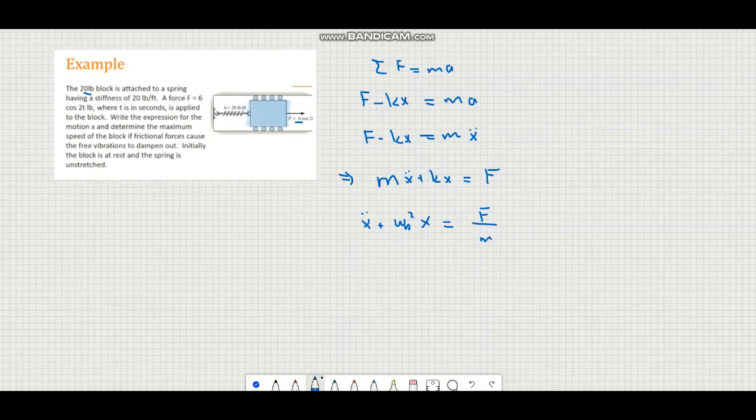Let's define this natural frequency, then F. So x double dot plus k over m, where k is given as 20 pounds